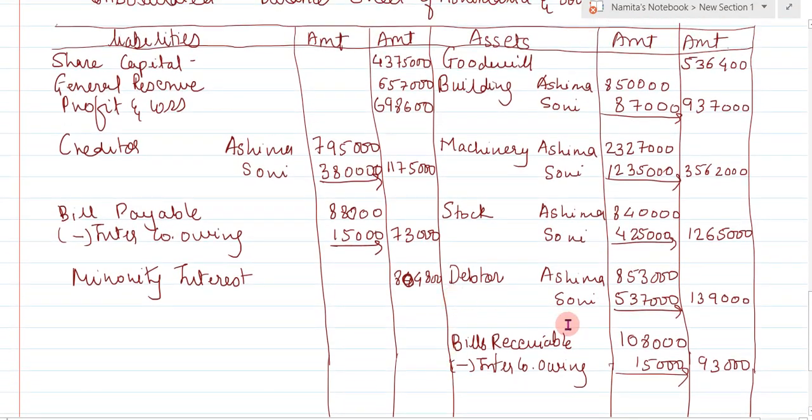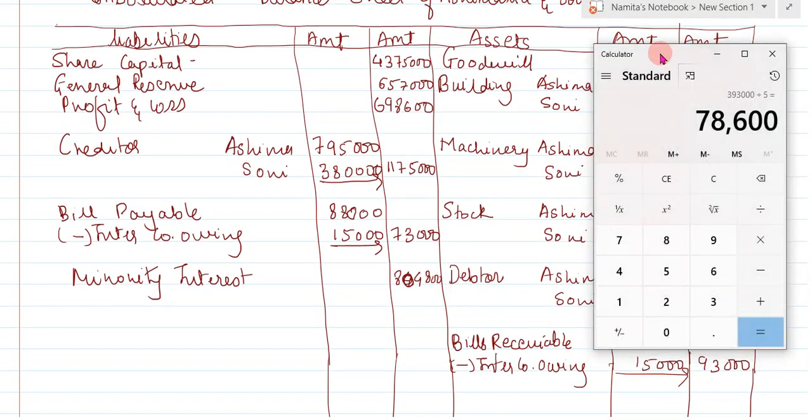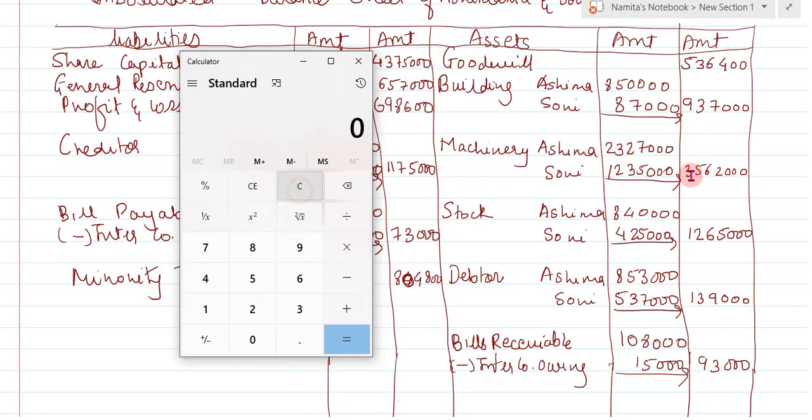Okay, so add the amounts of assets, goodwill, plus building 93,70,000 plus